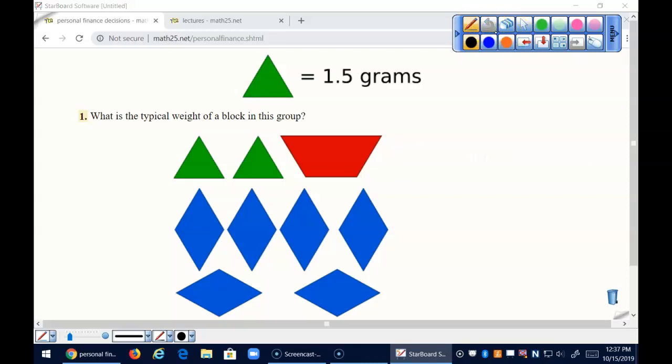Anyone have a third line of reasoning? And you could say that the 1.5 grams is typical because it's in every single one of those blocks. That one's not as convincing to me because has 1.5 grams at least. Yeah, but they have 1 gram at least also. So, not sure you sold me on that one as well. Okay, I'm going to move on.